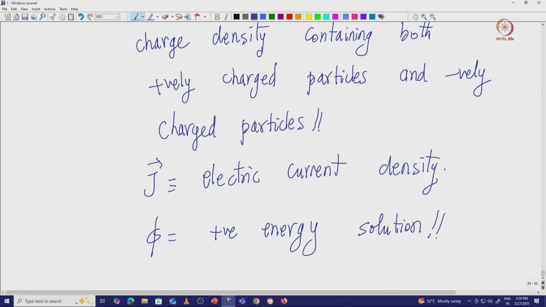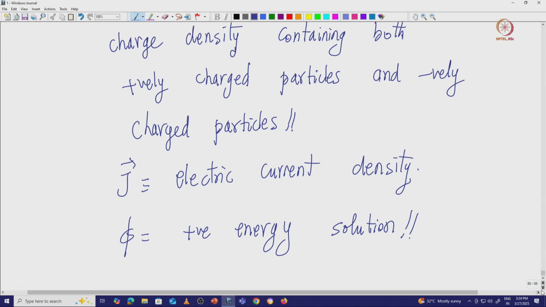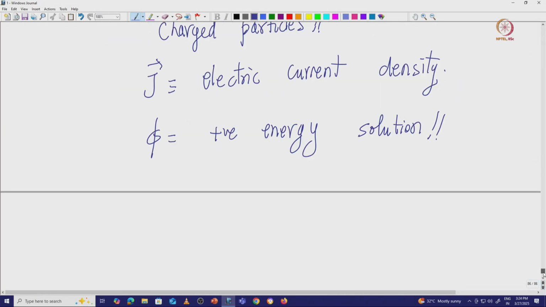Okay. So phi is a positive energy solution, so I can call it a positively charged particle essentially, or some negatively charged particle. We can give the interpretation once we couple it with the electromagnetic field. Then phi star is the negative energy particle solution. Okay, this is what we saw, right?